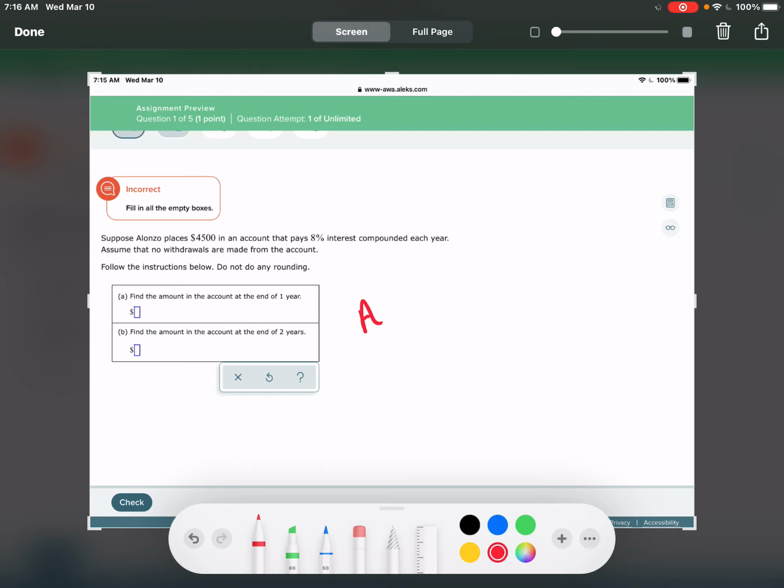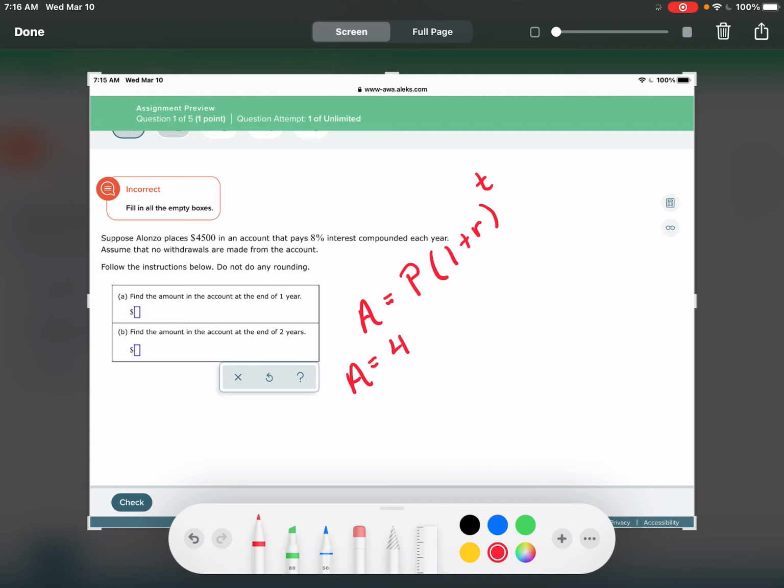The amount of money we have is equal to the principal, the amount we put in the beginning, times 1 plus our rate to the time. And if they were going to pay this out in payments more often than once a year, we would need to put the divided by n, and I think that'll come up in a different problem, so we'll work it when we get to it. Okay, so the amount we're going to have in 1 year is equal to